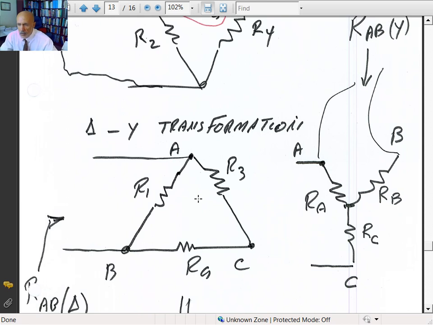The people doing three-phase power, especially power transformers, have the transformer connected either in delta or Y, depending on the application. If you're jacking up the voltage, it's connected as a delta-Y. The primary of the transformer is connected in delta. The secondary of your transformer is connected in Y. And if you want to step down the voltage, in order to reduce the transmission losses, the power company jacks up the voltage with delta-Y